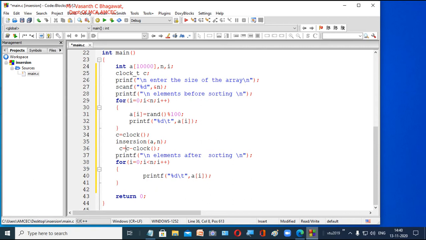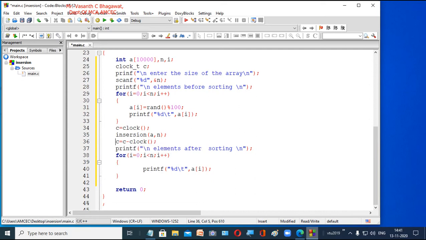So here when you have started the clock, the starting time is stored in C. Now you take that starting time C minus, again you call the clock for stop, right? So the start time minus stop time, the difference is stored in C. So we are going to use that same variable C because it is of type clock.